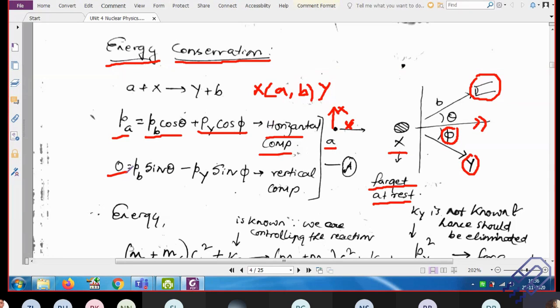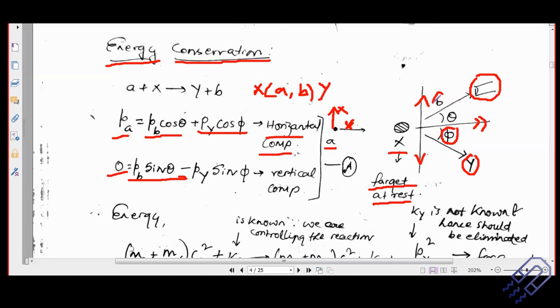What about the vertical component? We don't have any vertical component before collision, and after collision this will be PB sin theta. So the sine component will be along this because this is resolved along this axis, and the sine component for the phi part, that means that is for Y, it will be along this direction. So you see both of them are in opposite direction, and that's why we use a minus sign, and that is the vertical component. So what is our aim? Our aim is actually to find out what is the kinetic energy of this particle B,